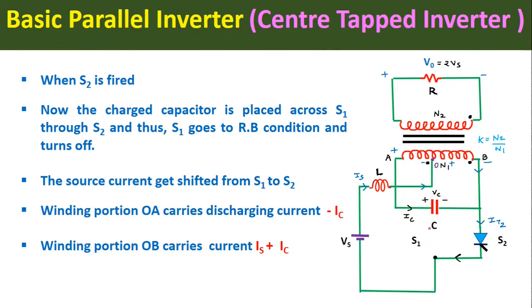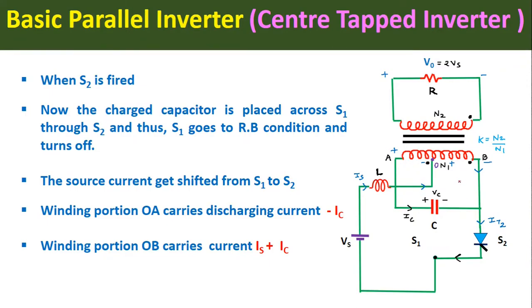Now again we have to consider the polarity of the voltage and current in this circuit. The source current starts flowing again in the circuit as soon as this S2 SCR goes into the on condition. Now the polarity of the voltage across the primary winding will be, this source current will enter at this point. So this O point for the lower half of this primary winding will be positive and B point will be negative, and because of the transformer action, this A point will be positive with respect to O point for the first half of the primary winding.